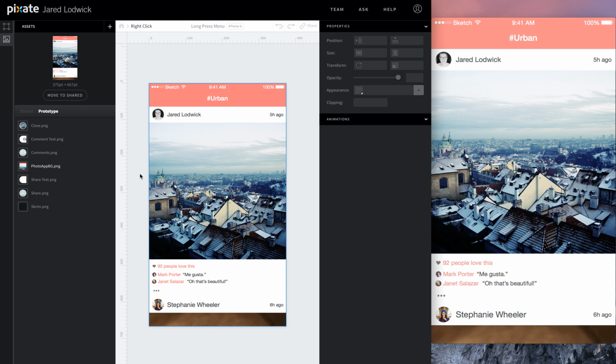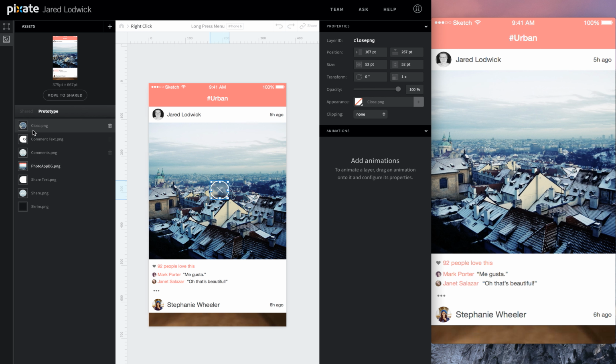So I've already got the background placed in here. There aren't that many assets, so we'll just start dragging them in and set them down. We're going to bring in the close button, the comments button, and the share button. We'll center the close button right in the middle of this photograph, and then we'll place the buttons at their outside or opened positions. The reason we do this is so we can figure out a good spot for them. That way we know where we will tell them to move when opened.